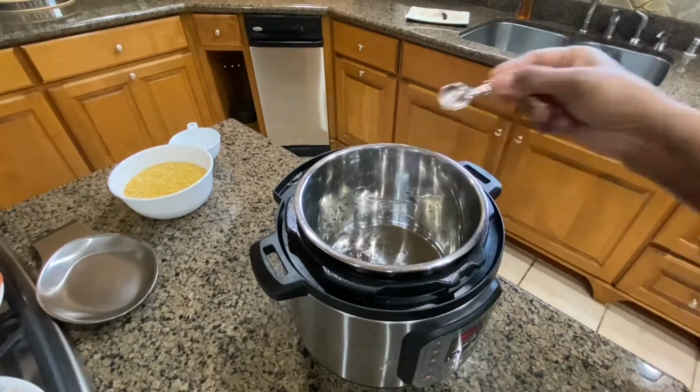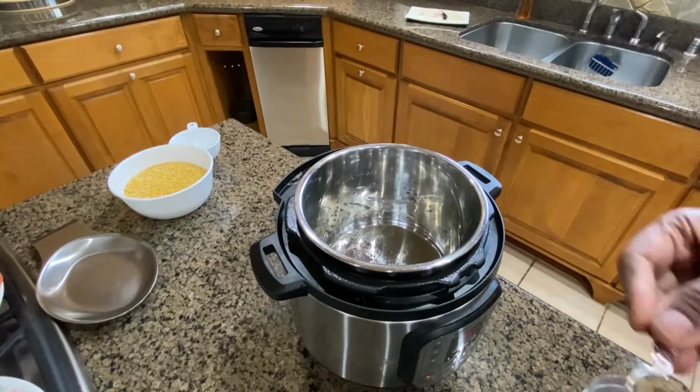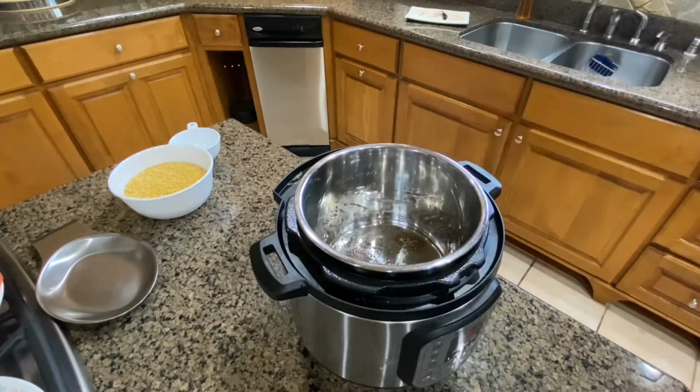Add a quarter teaspoon of mustard seeds and a quarter teaspoon of cumin seeds. Let them turn slightly brown. In a minute, they will turn slightly brown. Add,